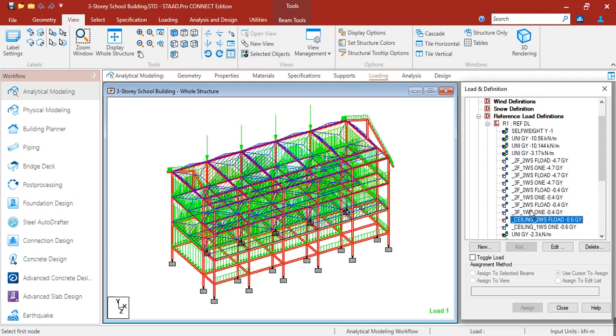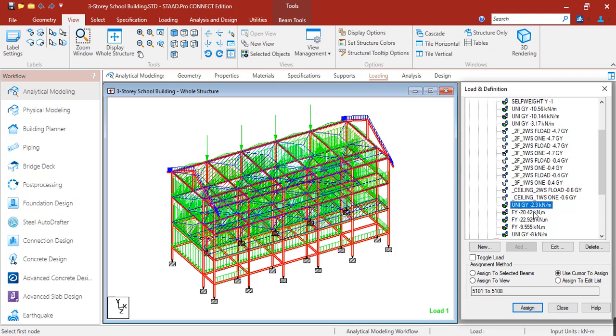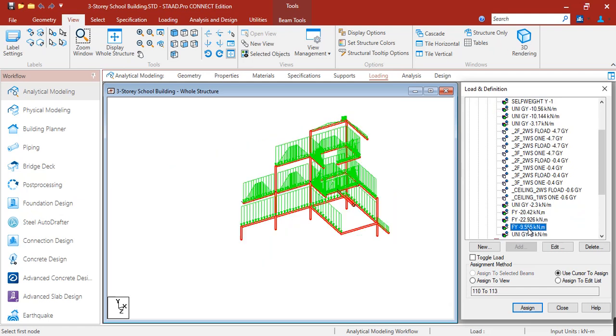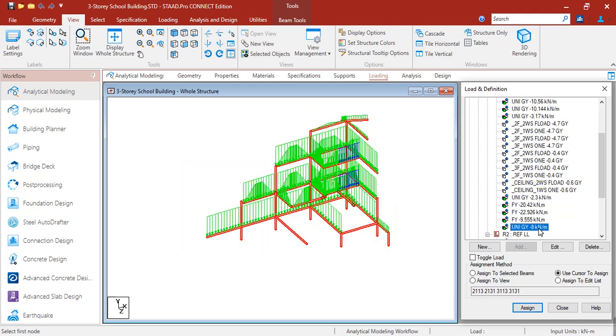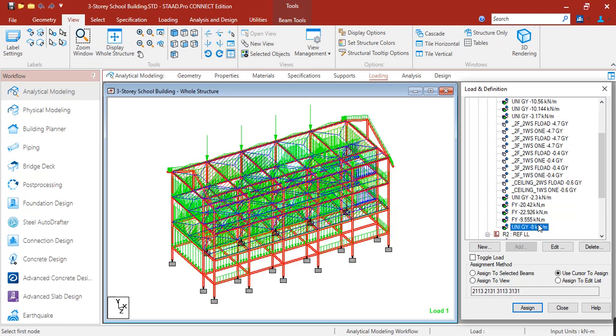Okay, then this is for the utilities and EA and ME. This is for the ceiling loads. Next is for the roofing. So this is for the roofing, and this is for the loads from the steel truss. Then this is for the stair dead load.